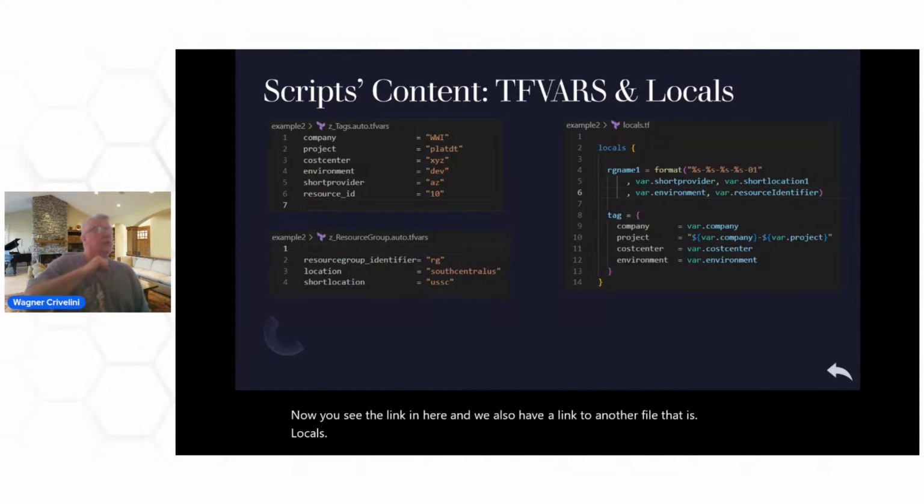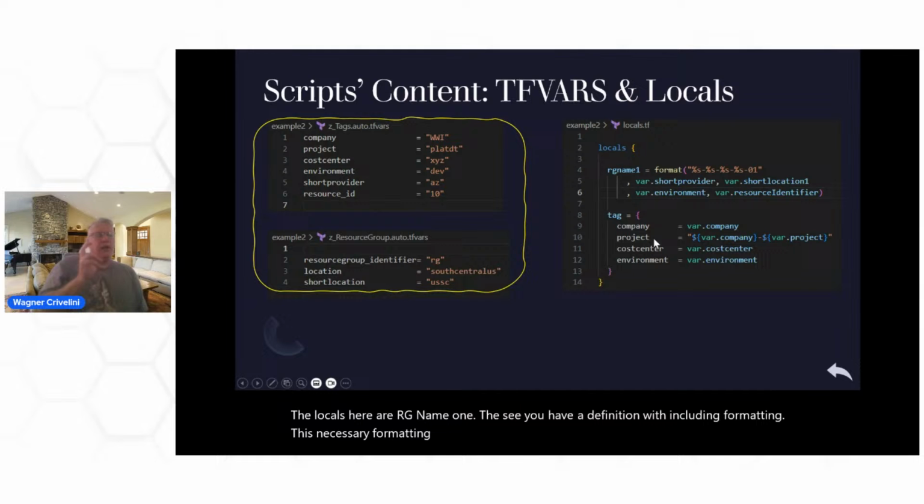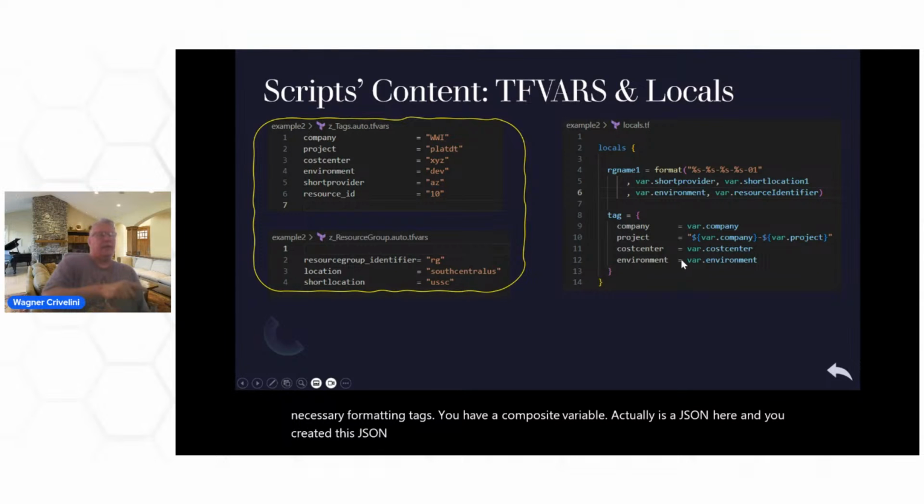Let's go. First of all, we have the locals here, gname1. You see, you have a definition including the necessary formatting. Text, you have a composite variable. Actually, it's a JSON in here, and you created this JSON variable like this, as I'm showing you here. And the values I'm passing to